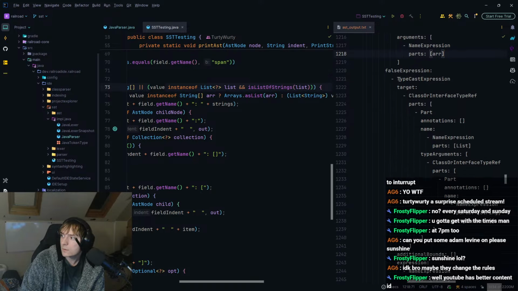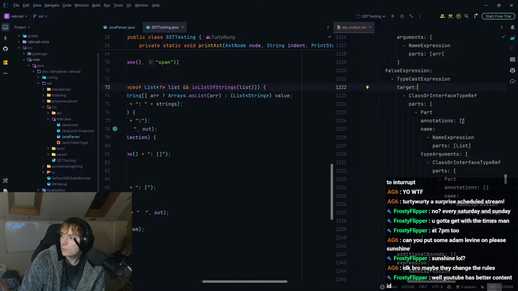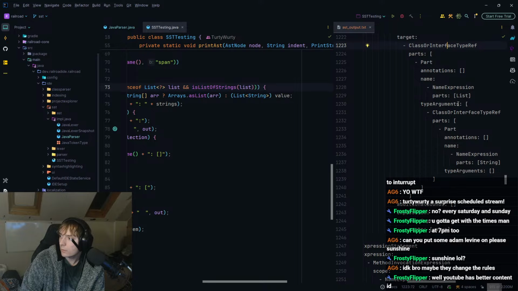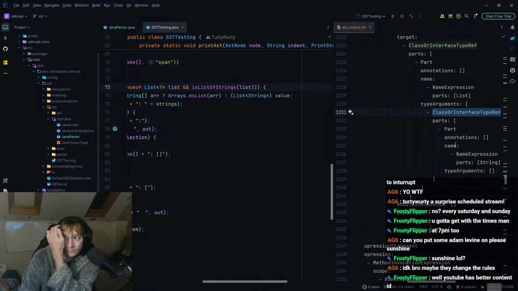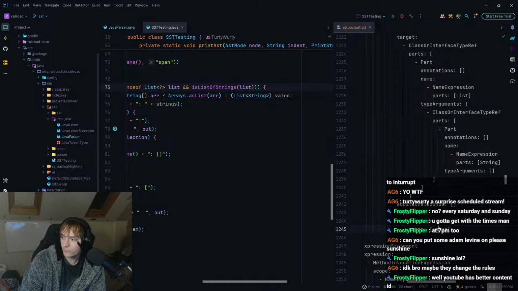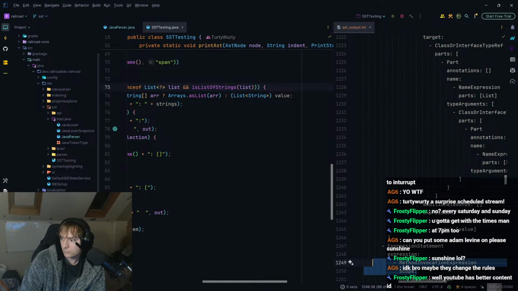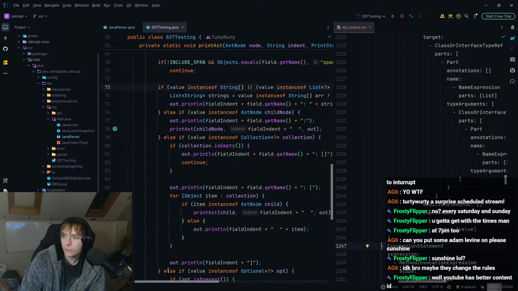If it's false, then we're doing a typecast. So that is a List class or interface type with type arguments String class or interface type, and we're casting that to value. Okay, that's mega. So that actually all works.